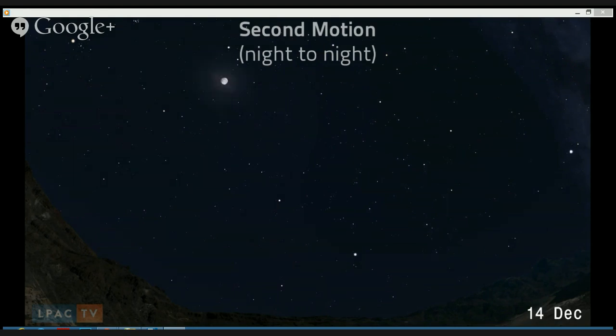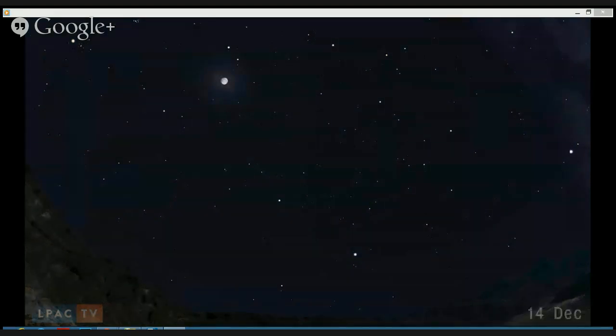Remember, we're facing south. So the first motion of all the stars and the sun goes from east to west, as you know, we see the sun do every day, or the stars do at night if we look at them. However, against it, the moon appears to be moving to the left. Does that mean the moon is moving slower than the stars? Every night, it means the moon is moving slower than the stars. However, astronomers figured that something else was happening and that the moon's actually moving to the left.